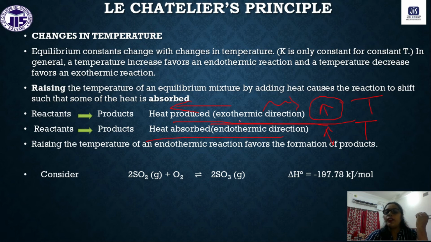So that is why for an exothermic reaction, if we increase the heat, that means the backward reaction will be followed, for which the energy will be absorbed, not released. As for an exothermic reaction, in the forward direction we have the release of energy. Now again we are using some heat energy. So what will happen after all? The direction of the reaction will be where the heat will be absorbed. That means the backward reaction will be followed.